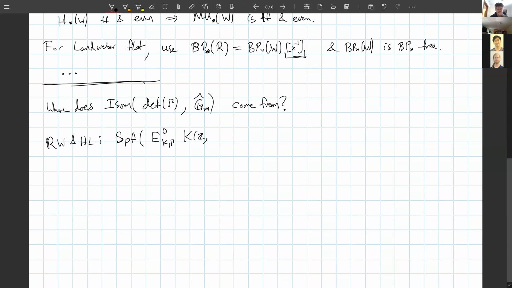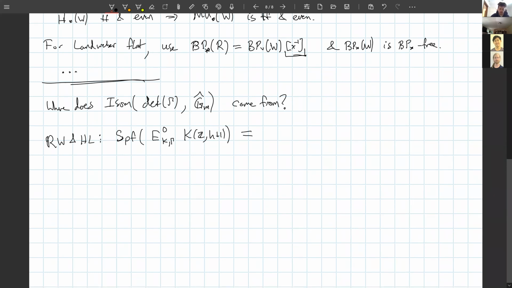So if I have the E^K gamma of K(Z, H+1), and I take the complete spec of that, then this is isomorphic, as a formal group scheme, to the determinant of gamma. And so RH,